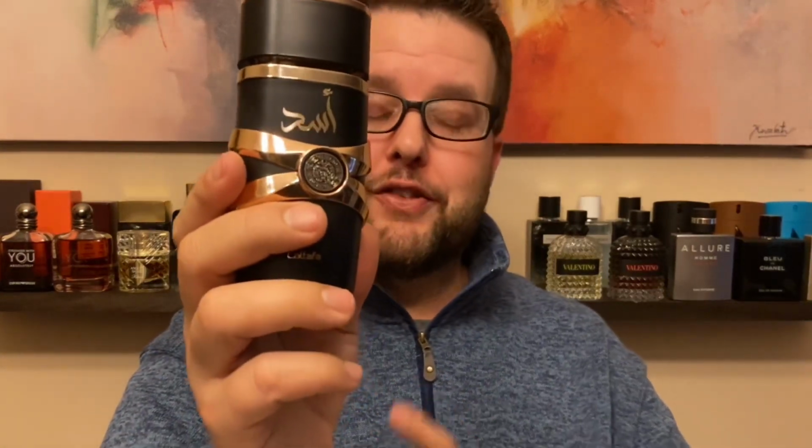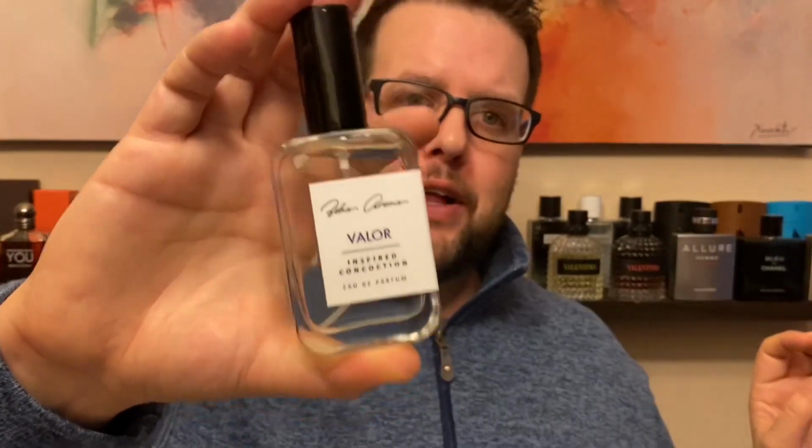So again, the differences here: if you're looking for the boldness, the spiciness, the unique quality, you can go with the original Sauvage Elixir. If you're looking for something that does a little bit different of a take, but is closer to a clone, and has that sweet vanilla in the dry down more prominent, go with Lattafa Asad. If you're looking for a take on that ambery fougere Dior Sauvage Elixir DNA, but you want it more fresh, a little bit of a milder take on it, then go with Valor,